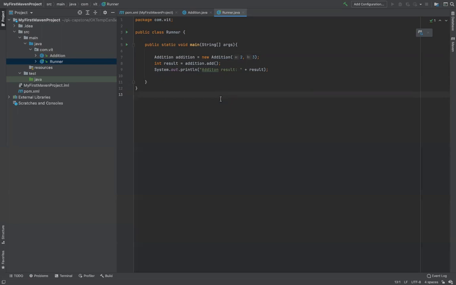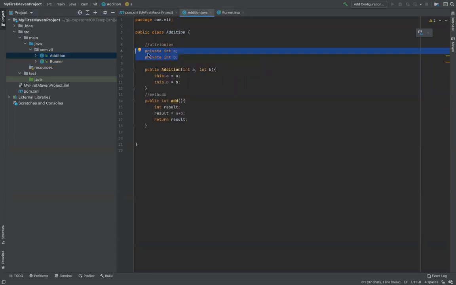Now for today I had another plan to extend it, another plan to improve it further. The plan which I also asked from you guys, that you please try it at your own end also. That is, what if I want to add three numbers? What if I want to add four numbers, right? Let's say if I want to add three numbers, so what should I do? There are again multiple approaches to do that.